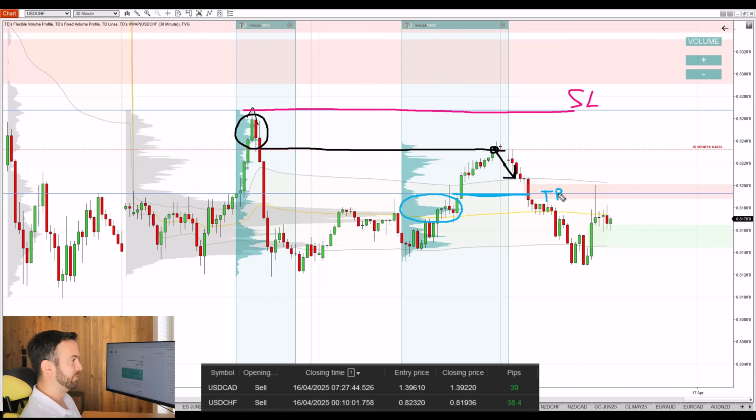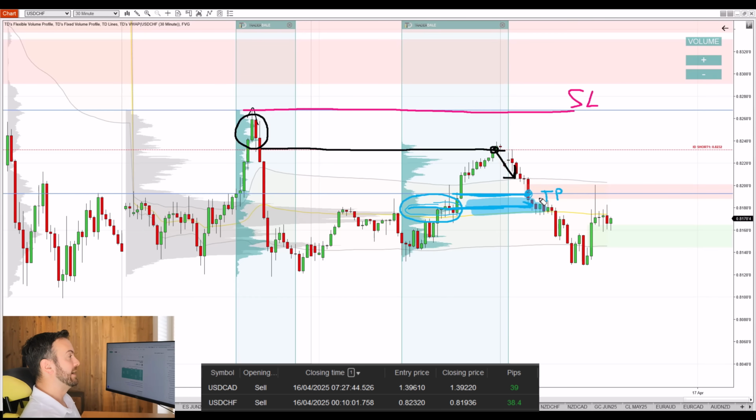Looking at this retrospectively, it should have been somewhere in here, closer to the weekly VWAP, closer to this volume peak, but I was asleep at that time. When I hit the take profit, I wasn't able to manage the position actively, so when I sleep I just prefer to be safe than sorry, right? So that's why I took the take profit in here. Again, it would be better to take it here, but it was close. Anyways, it was before